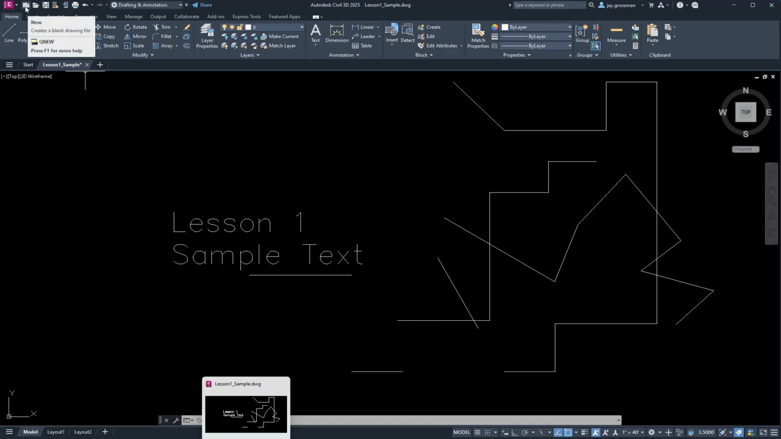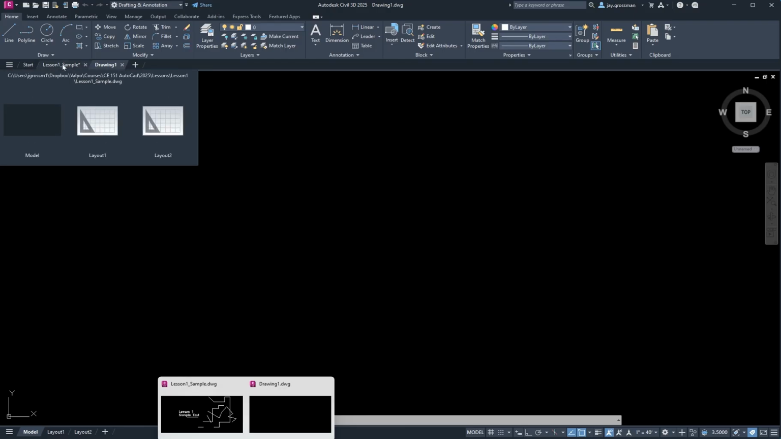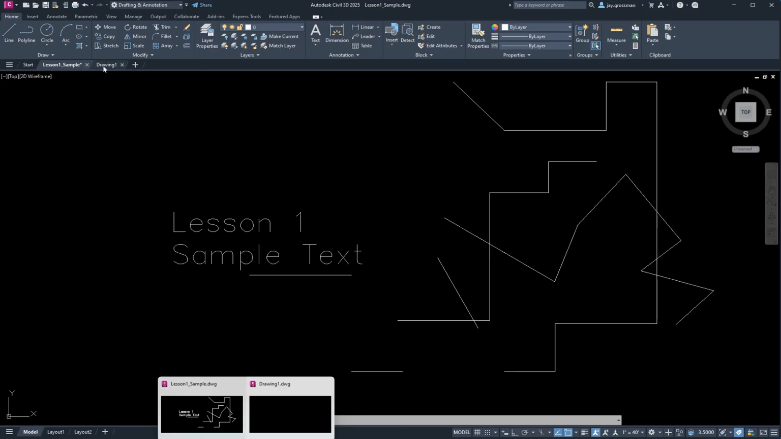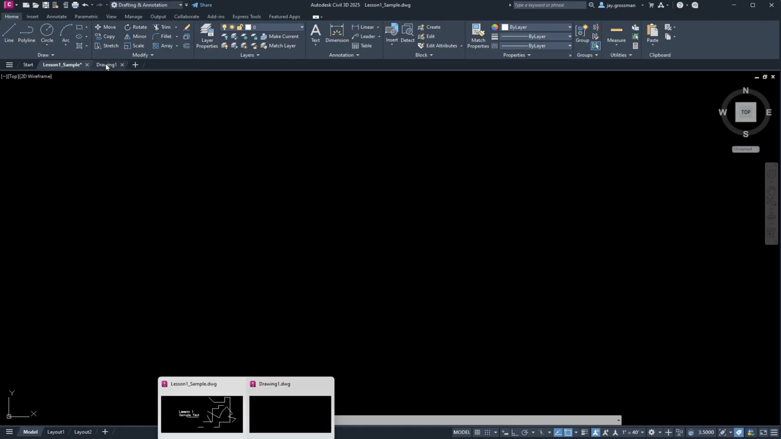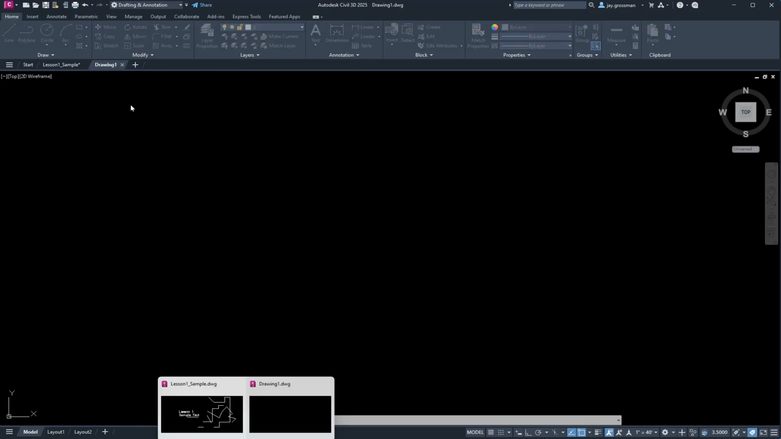Here's the new file button next to the colored C for AutoCAD, or this is for Civil 3D. So do that, and it's doing a new drawing. And here's the names of the drawings I have open. Here's my original sample one, and I can click over here in this menu bar, and now I'm in drawing one. That's not really the name I want to call it, so I'm going to right click, go to save as,